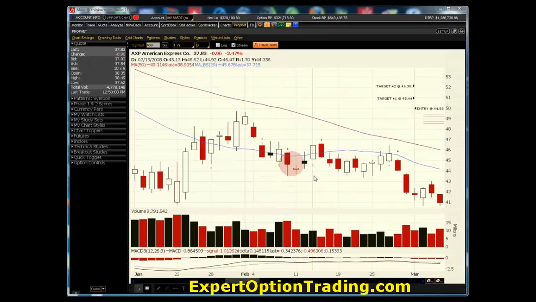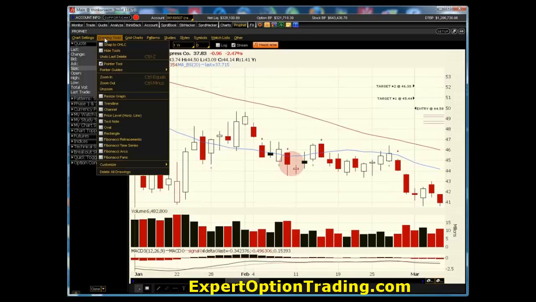Okay, so once you've identified an inside bar that you'd like to take advantage of, the only thing that you really need to do is to go to your drawing tools. Now most brokers' software platforms include a number of different technical analysis tools, and many of those also include channel tools. In the platform that we're using, this is the Thinkorswim platform, and we're using the profit charts. All we do is go into our drawing tools, come down to our channel,